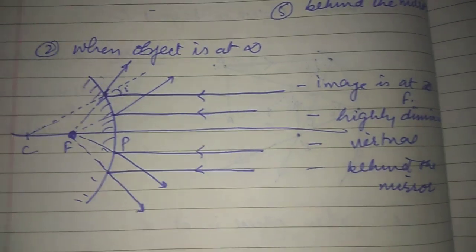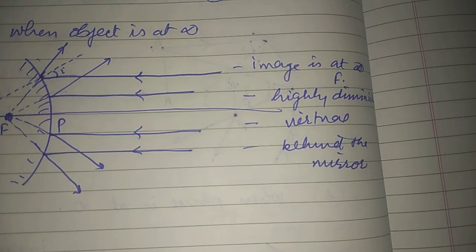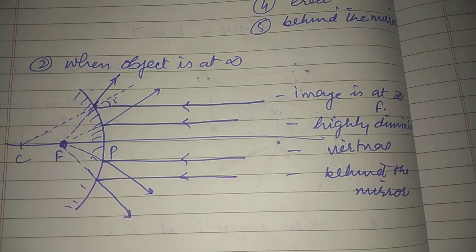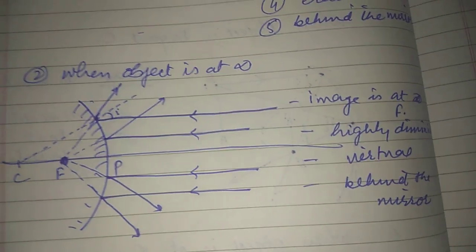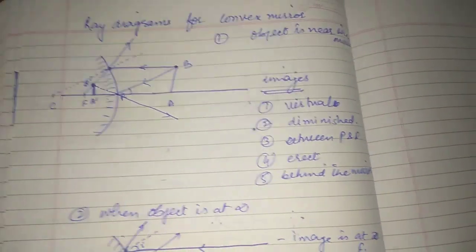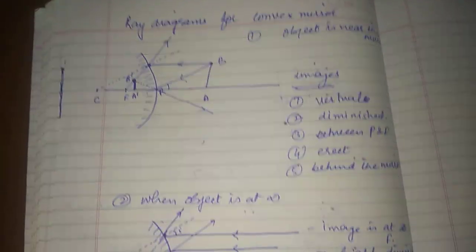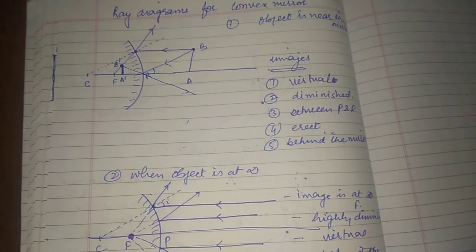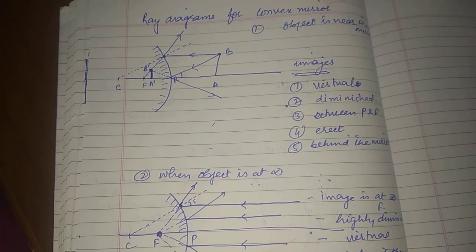So you can see here these are the properties of the image formed when the object was at infinity in case of convex mirror. Now in both of the cases you can see both of the images were behind the mirror, they were virtual. So these are some of the